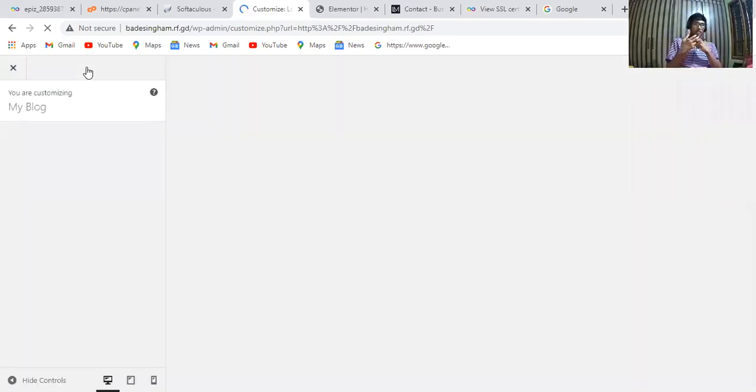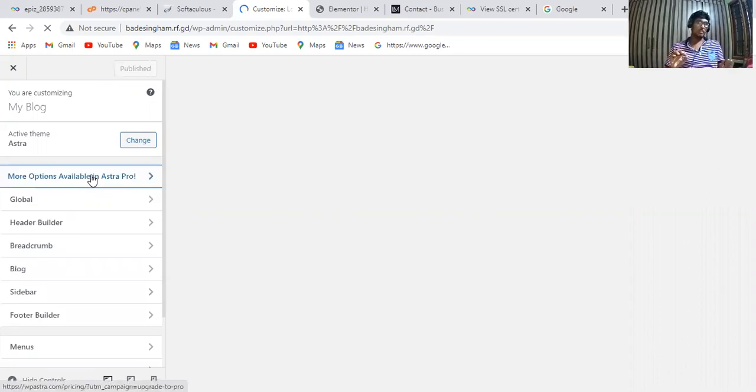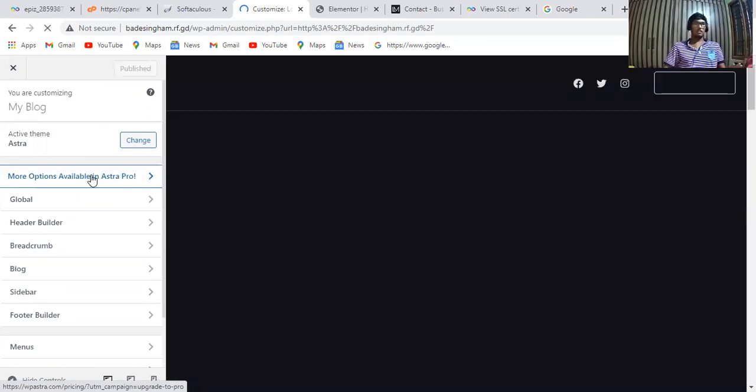And after that you can change your background images also. This was the example only, but I'm not going to show you here. Look at this system very carefully, all of you. I have already installed the Astra theme, so you have to go to the Astra theme and edit your mobile numbers or phone numbers, or if you want to change your background, you can change it in this theme only.